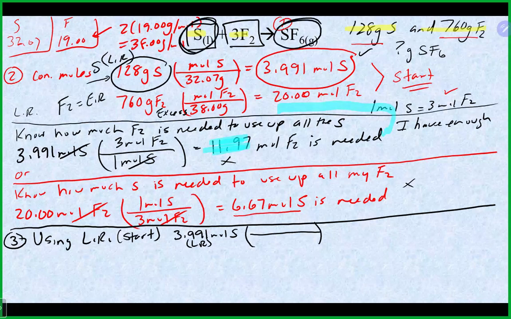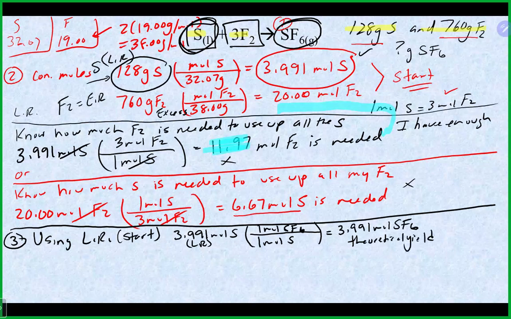I am now going to do my mole-to-mole relationship between my limiting reagent, which is sulfur, and my product, and this one doesn't look too bad. It is 1 mole of sulfur gives me 1 mole of SF6. So it's a 1-to-1 relationship. That means that I will produce, in this case, 3.991 moles of SF6. This would be my theoretical yield